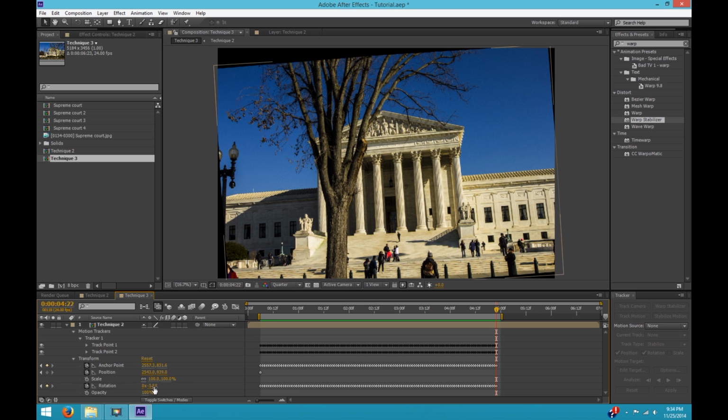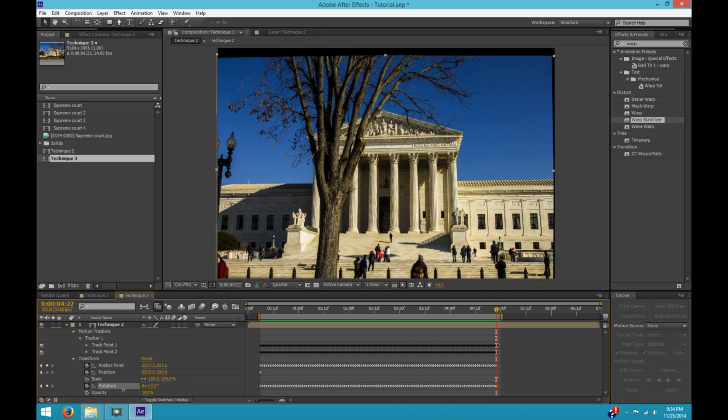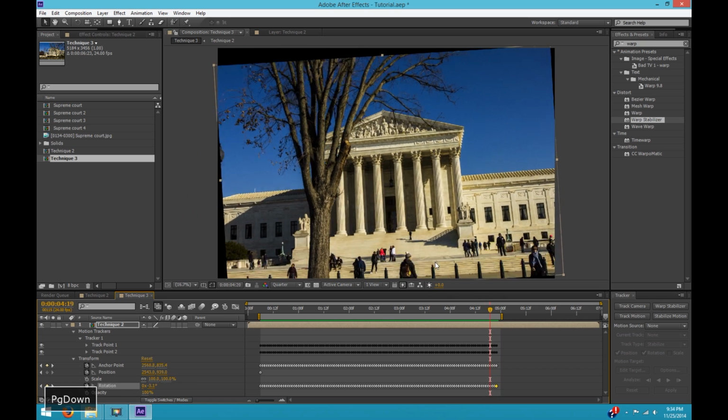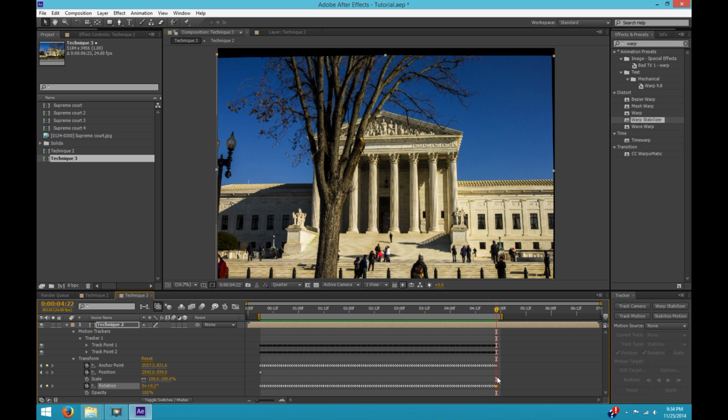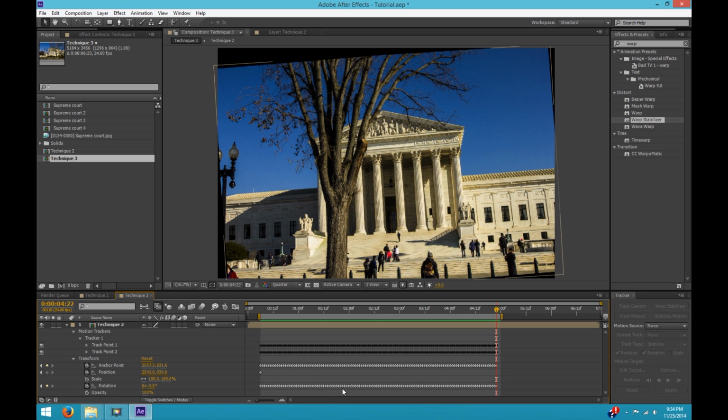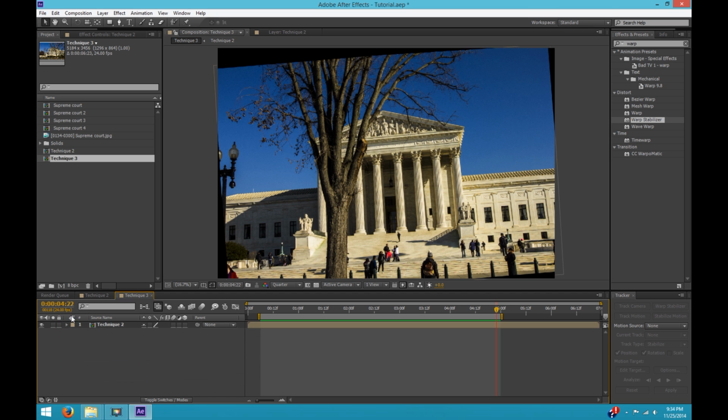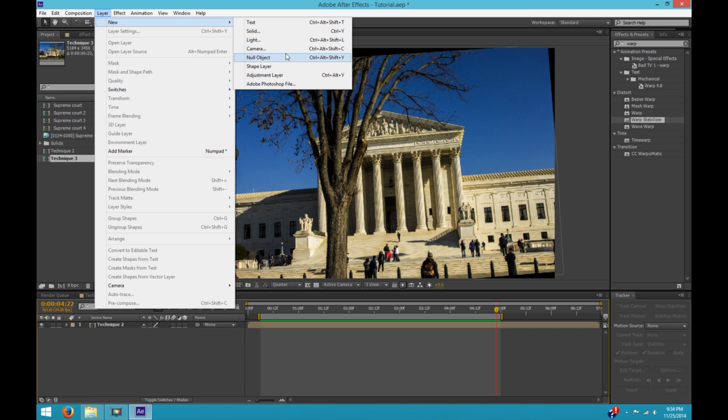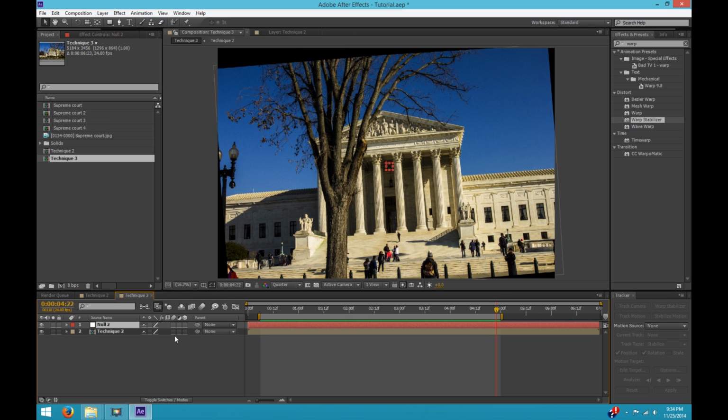But if I try to just take the rotation and fix it, well, that doesn't work because I have all these other rotation points already set. So there's no good way for me to just move those directly. So what I'm going to do is go Layer, New, Null Object, and take the pick whip here and parent my composition to the null object, or I could just pick it from this drop-down list. And again, if you don't see that, you might have to push one of these buttons here to bring up additional settings.